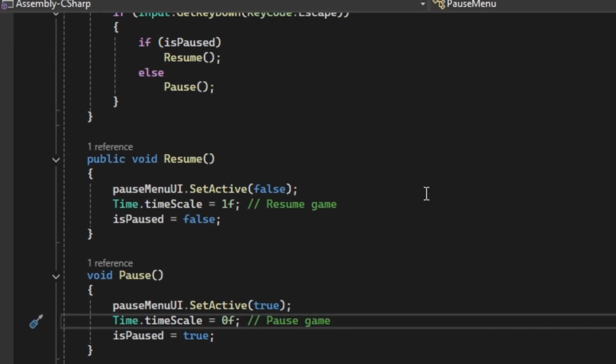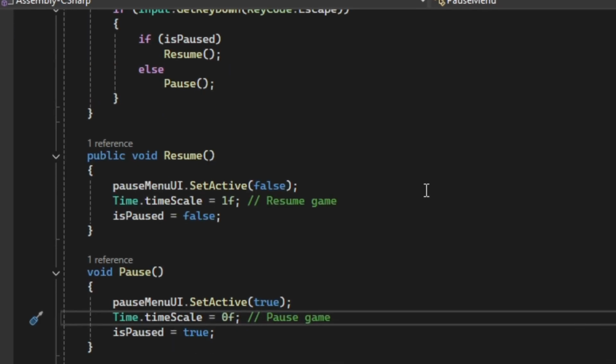The Resume method has three variables. First is the pauseMenuUI SetActive false, where it hides the pause menu UI. Next is the Time.timeScale, where it resumes all game activity. And lastly is isPaused equals false, where it updates the flag to indicate the game is no longer